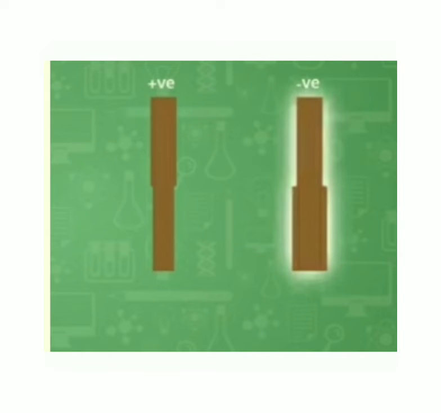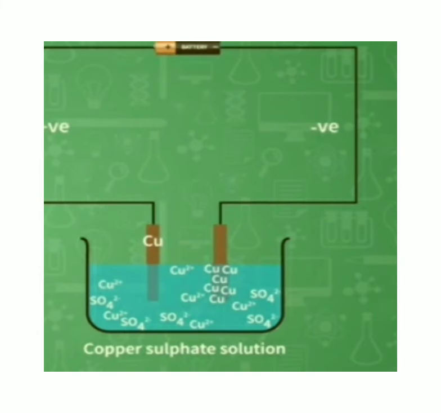What must have happened when the electric current was flowing through the solution, due to which the size of the copper plate has completely changed? Now what happens here is the copper plates are the electrodes. So when the electricity is passing through the solution, the copper sulfate dissociates. That is, it breaks into the respective ions and forms copper and sulfate.